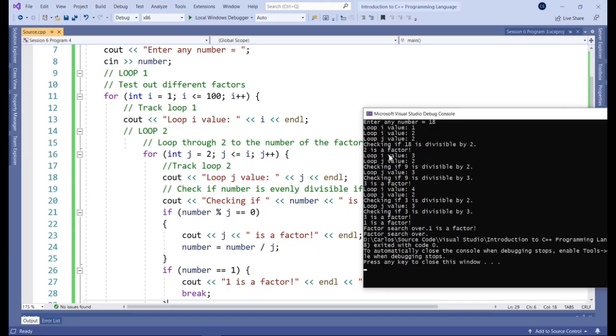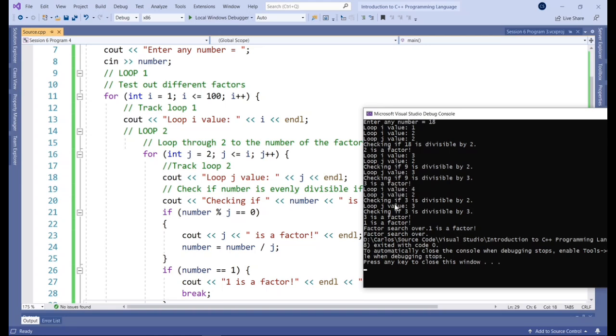So now the first loop is equal to 3. And we're looking at the second loop now with j starting at 2. So checking if 9 is divisible by 2, it is not. So now we're going to store the 3, the resulting 3, as the number for which we are looking for factors, right? So again, it changed to 9 because we took the result of 18 divided by 2, which was 9. We wanted to see if 9 had any further factors. We got it down to 3, and now we're looking for factors of 3. So 9 is divisible by 3, and that's why it's listed as a factor here.